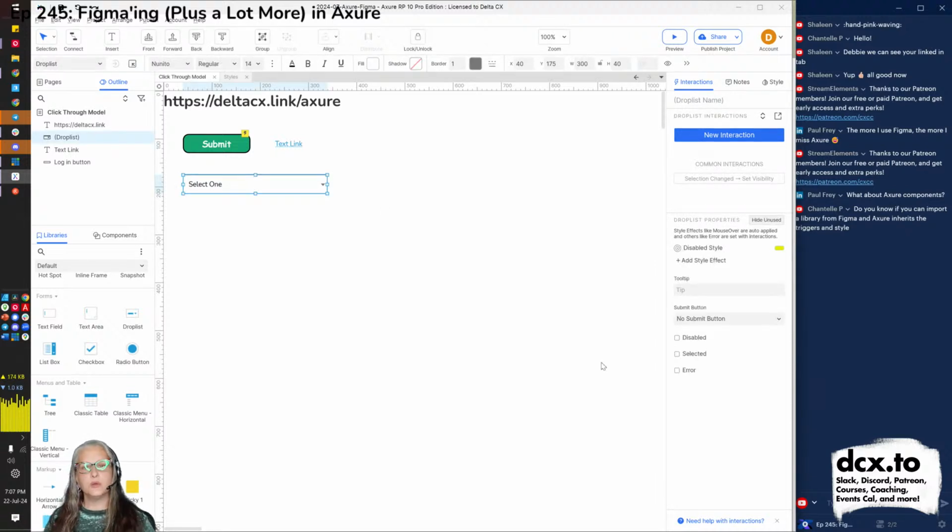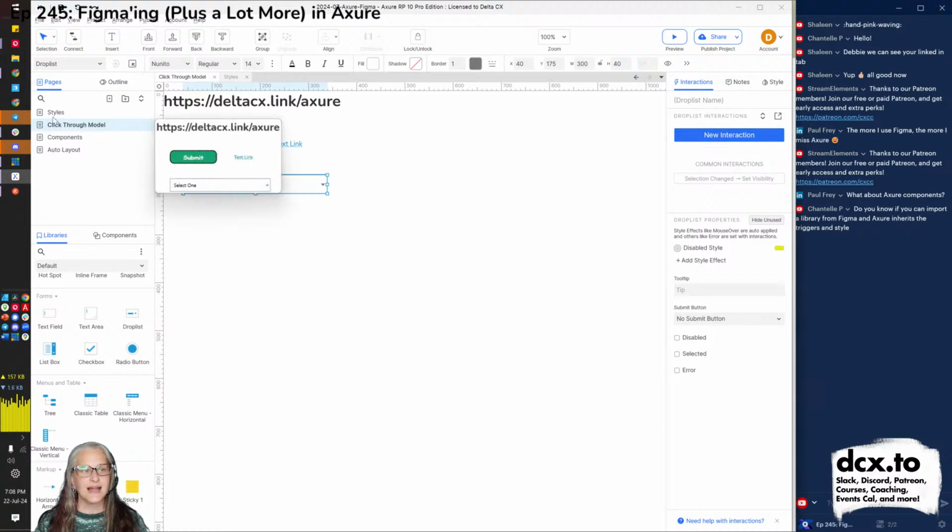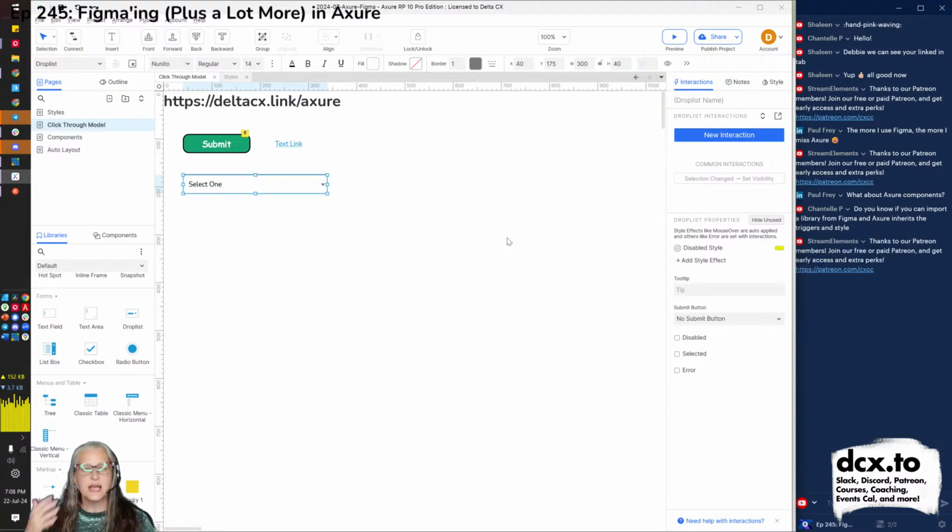Let's say when someone picks Tuesday, we want to go back to the styles page. Now, notice that the drop list is already different in Axure, and this is just Axure's default drop list. This isn't one you built. You didn't have to build a separate overlay and say, when someone clicks here, show them this overlay, and then this overlay does different things. This is just a drop list that knows it's a drop list.